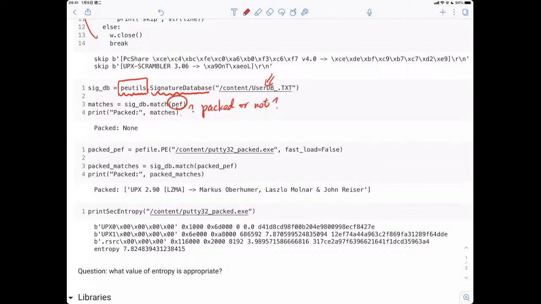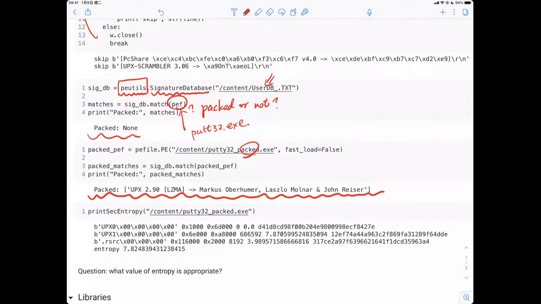For putty32.exe, it says no, this file is not packed. However, for the putty32 packed file, it says yes, this file has been packed, and it is packed by UPX using some LZ algorithm, invented by some mathematicians or computer science researchers.